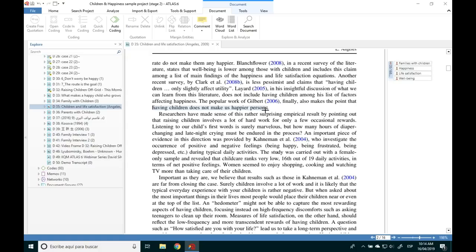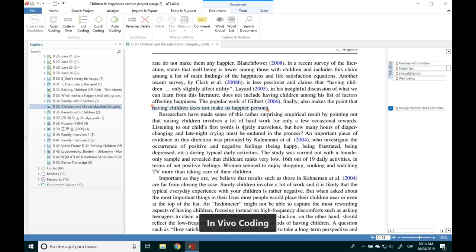Now what in vivo coding does is it'll take that exact text that we select. So we choose a phrase here, right click, and in vivo coding. And now what it will do is convert that text into a code for you. So this is another way that we can generate codes and go through, capturing these interesting bits of information from